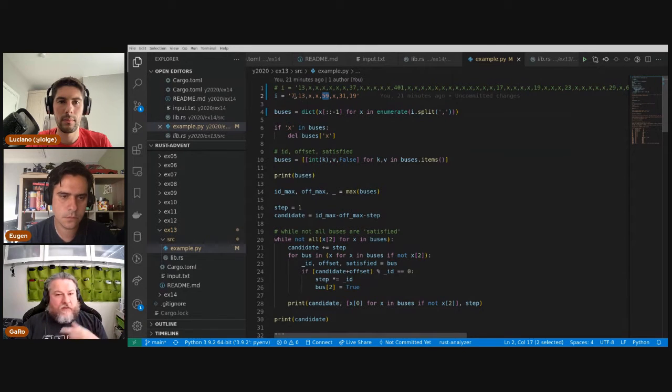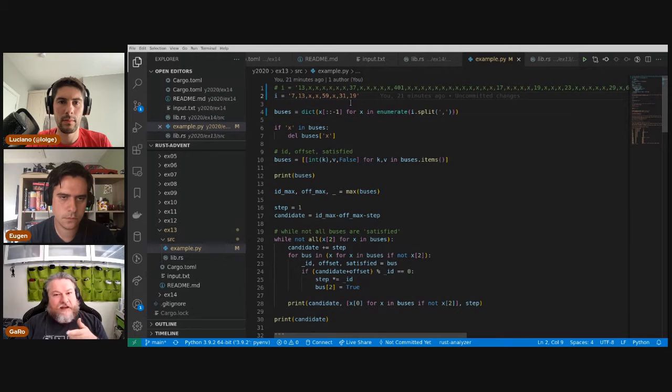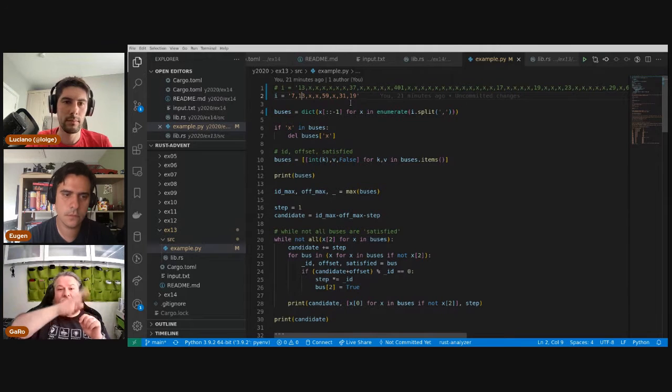At that one point, if we were satisfying 7, we were saying, okay, 7 is satisfied, but somebody else is not, so this is not the solution. That is true. That is not the solution. But we can use that information to increment our step, so we can jump more, because now we know that the number we are on satisfies, for example, 59 and 7. So we have to jump by 59 by 7, because of the same